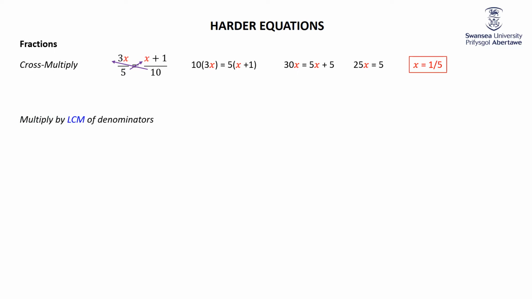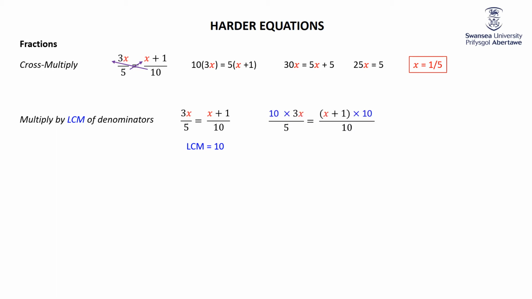There is a more general way in which you can handle fractions that works for this quite well, but is the only way really, at least the most straightforward way that works for more complicated equations: you look at all the denominators that you've got and you take the lowest common multiple. So this one here, what's the lowest common multiple of 5 and 10? It's 10, okay? And so therefore, if I multiply all the way through by